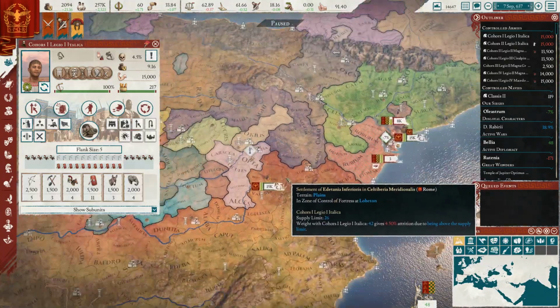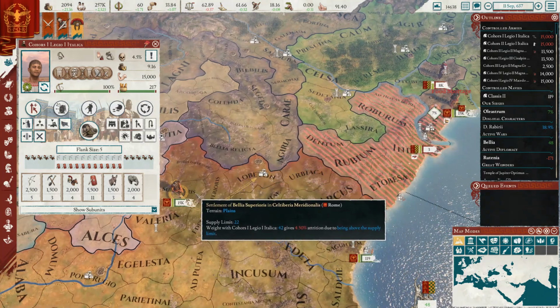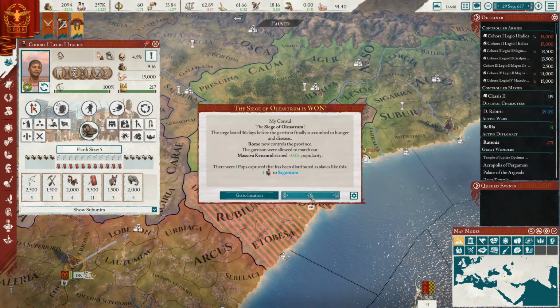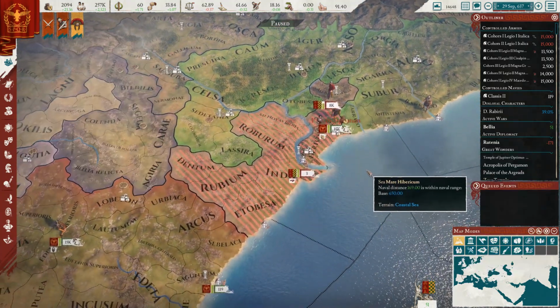Excellent. All right, so we've driven them off. They're not here. I guess we'll go ahead and have these guys move. And we might not even have to do a battle. Well, we will fight those 8,000. This siege is already over. That was super quick. All right, well, let's go into battle these guys, and then we can end the war